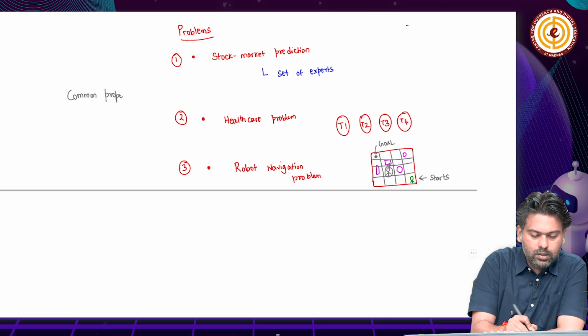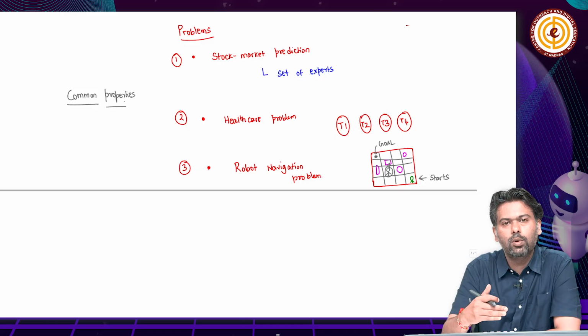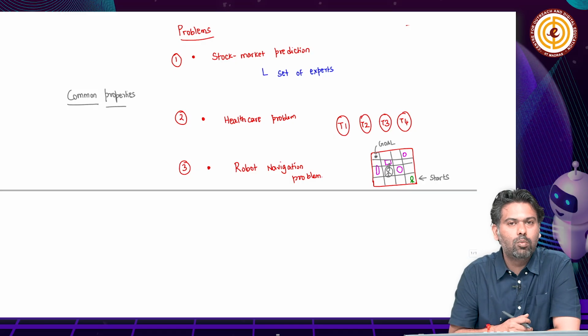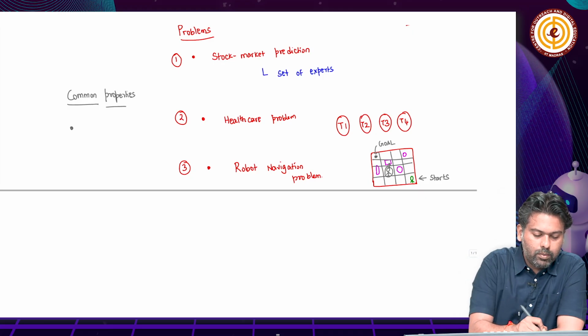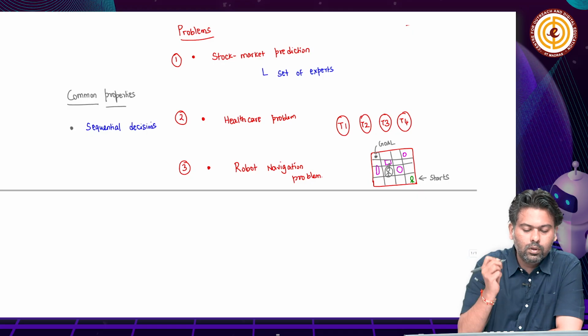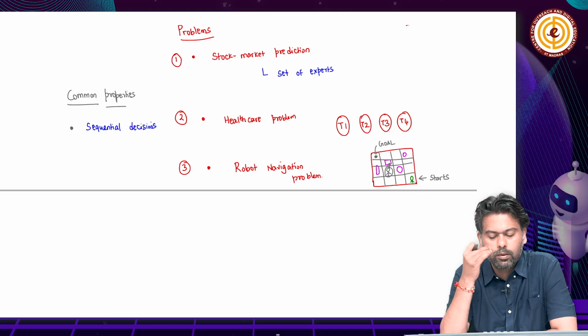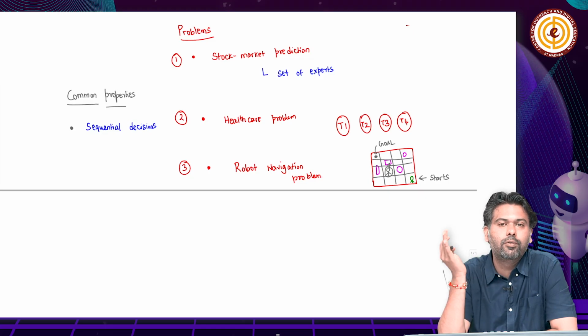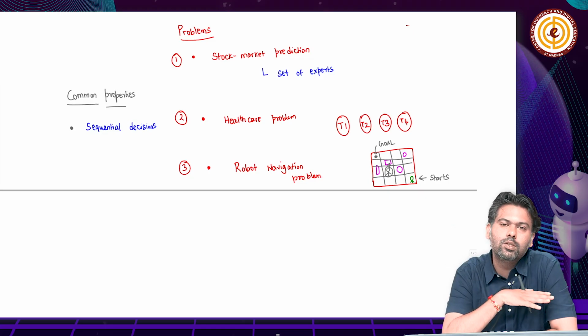When I say properties, I mean properties of the setting that we have seen across stock market prediction, healthcare and robot navigation. One of the common properties, and this is the most important property, is sequential decisions. This is what makes these kinds of problems different from the supervised learning or unsupervised learning problems